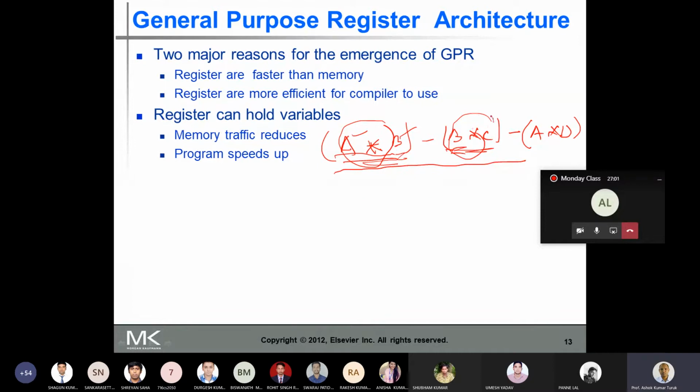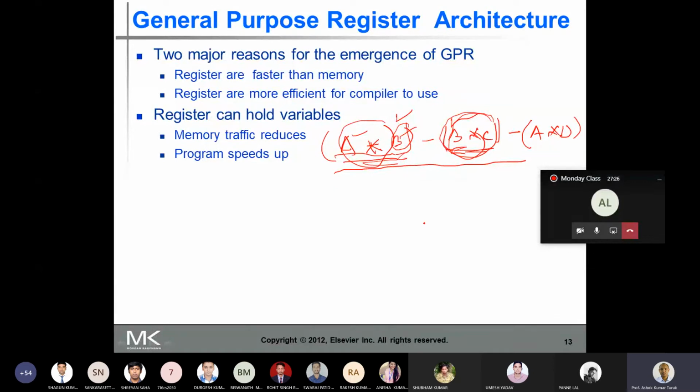So when this sub expression is to be evaluated, B and C again have to be pushed. Here we have already pushed B, and to evaluate this expression again we have to push B if we evaluate it by means of a stack. But if you are using general purpose registers, then B is already there. You need not access B from the memory. You can directly refer to the register, so it reduces the memory traffic.